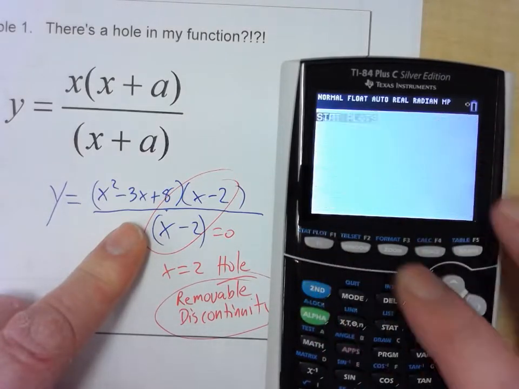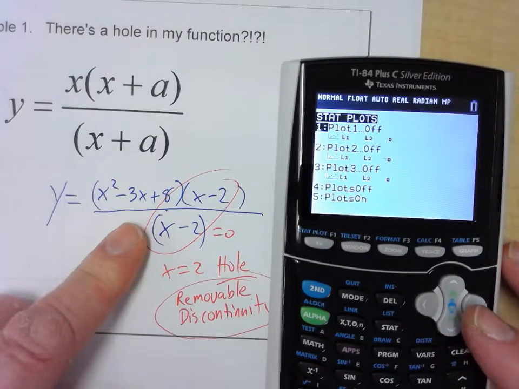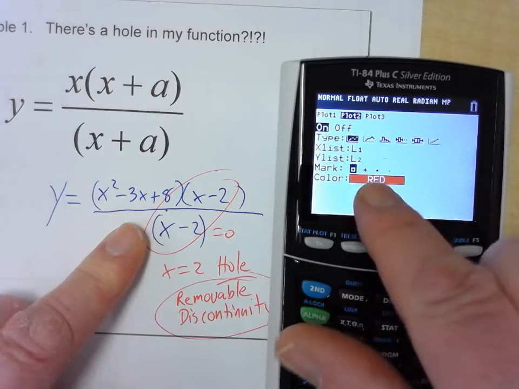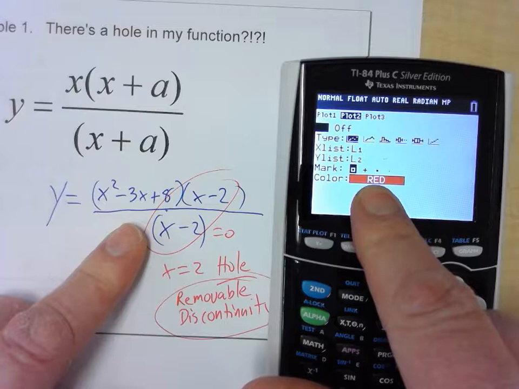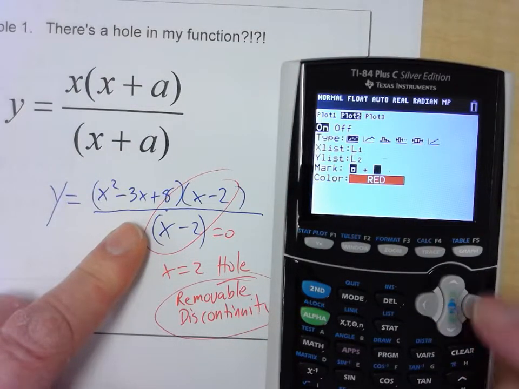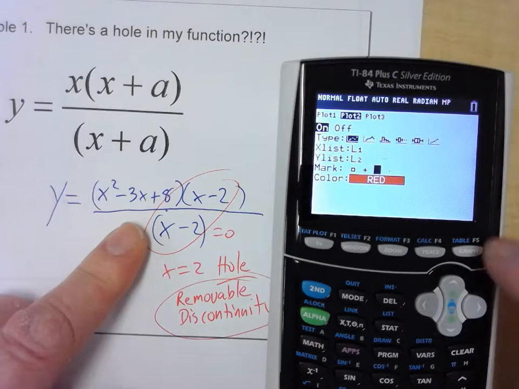I'm going to go to second stat plot. I'm going to turn the plot 2 on, and it's L1 and L2, and it's going to be red. There'll be a red dot there. So then I'm going to change it, not to the box thing, I'll change it to this box right there, and it should fill it in. So hit graph,